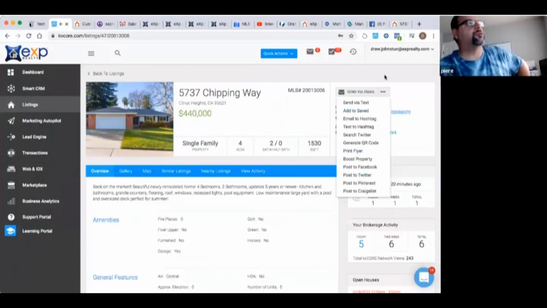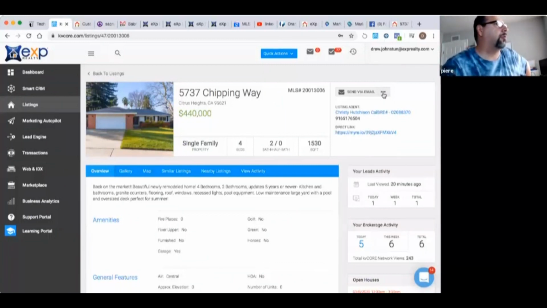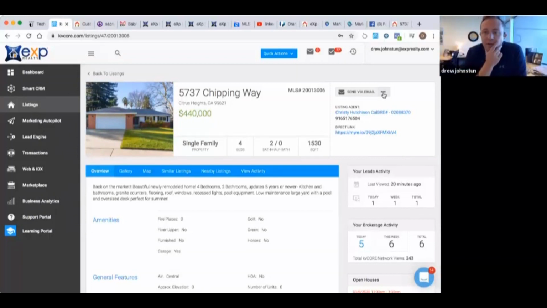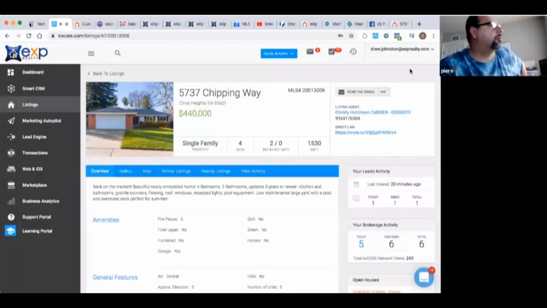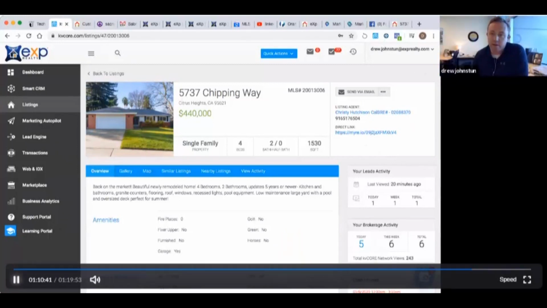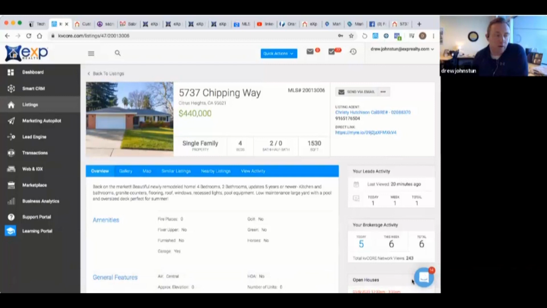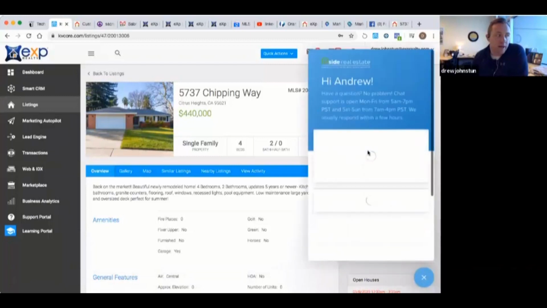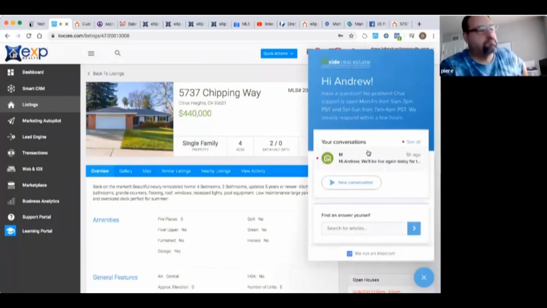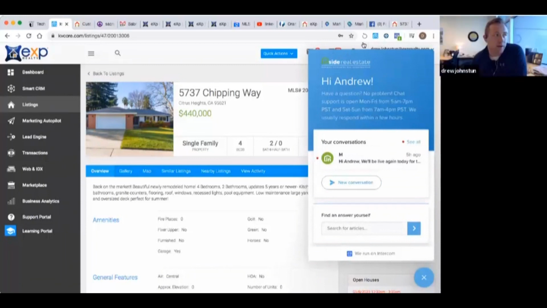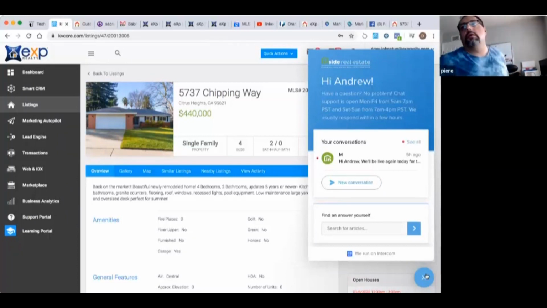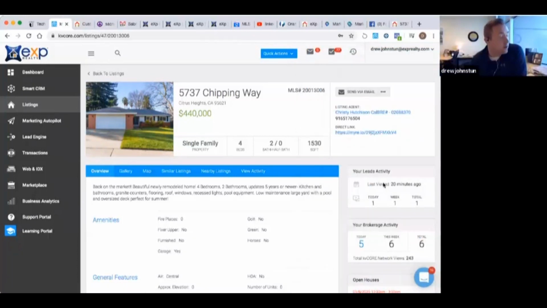Yeah, for whatever reason, I don't have that drop down or the dots. I don't have that send email, that little box right there. It's not on any of my listings here, and I'm wondering why. So maybe it's just something wrong on our end. Yeah, Pierre, what area are you in? I'm in Southern California. Okay, so then one thing you guys can do too, go down to this bottom right corner. All right, so Pierre, I want you to go down to the bottom right corner, click on it. That's your chat with KVcore. Ask what's up. They'll get back to you on it. They usually tend to get back to you within a couple of minutes. Right. They are super on top of it and easy to work with.